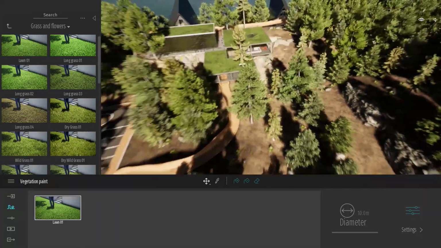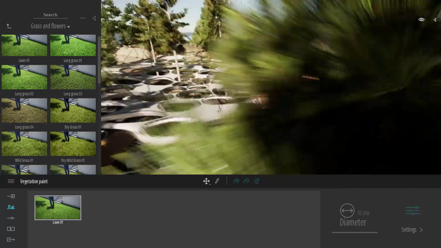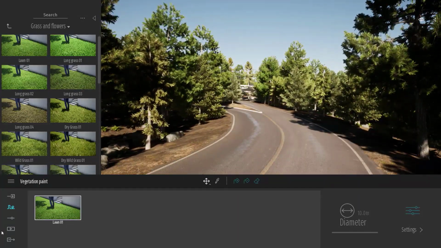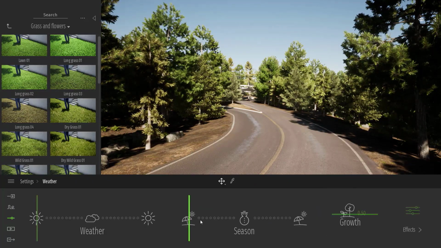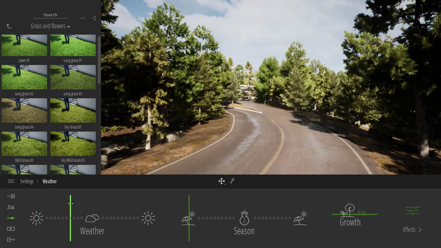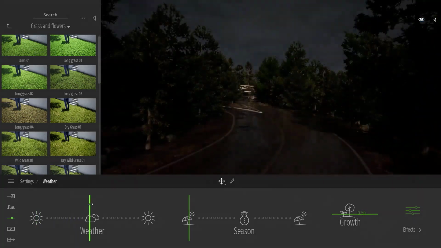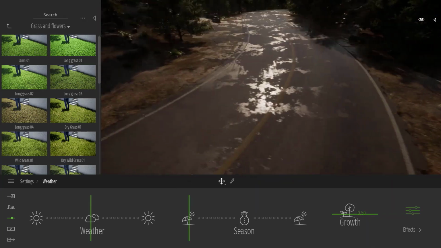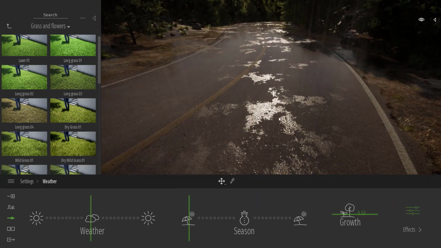So in Twinmotion also, for those of you who are not familiar with it, there is a complete ecosystem. If I come over in the settings, weather, we have 3 sliders. First one is controlling the cloud coverage. If I start to drag this slider here, clouds will appear, it will start to rain, and the rain affects automatically all the materials of the project. As you can see here, there is nothing to do for that, it's completely automatic.